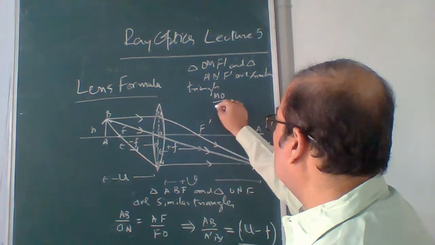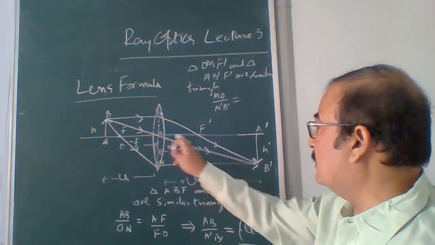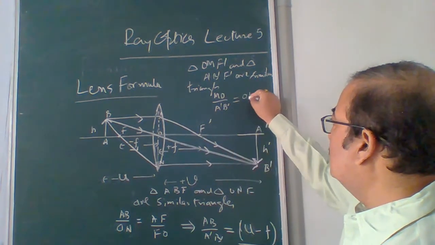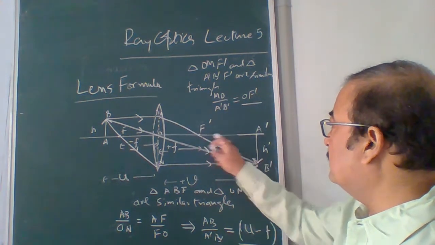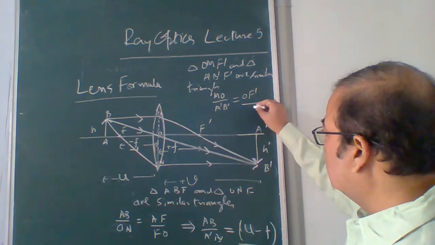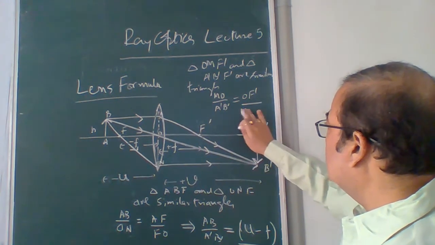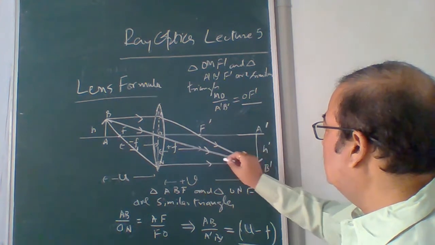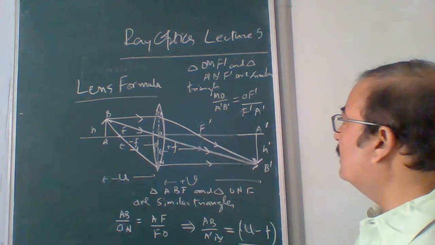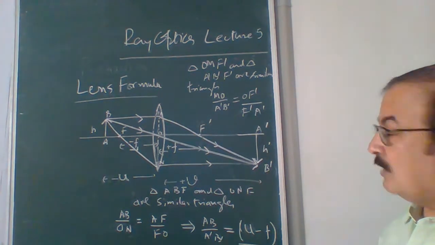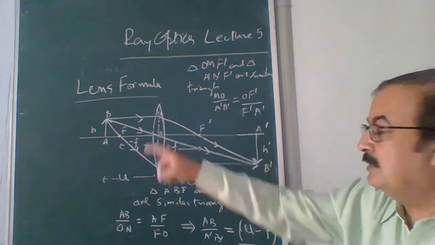MO upon A dash B dash इक्वल्स टू MO के साथ करस्पॉन्डिंग ये हो जाएगा OF dash डिवाइडेड बाय दिस मच। ये क्या है आपका? दिस इज योर V minus F dash, सॉरी OF, दैट वी कैन राइट F dash A dash, F dash A dash. क्लियर? तो अब जब ये दो चीज अलग अलग आ गए तो हम लोग वी कैन जस्ट मॉडिफाई MO इक्वल टू AB because they are parallel.